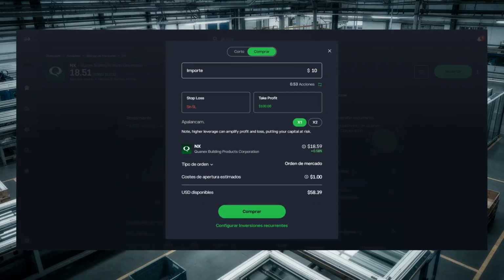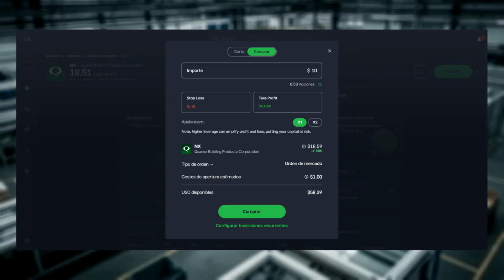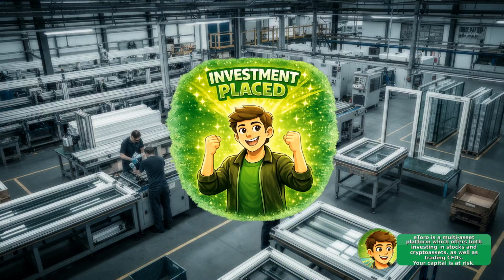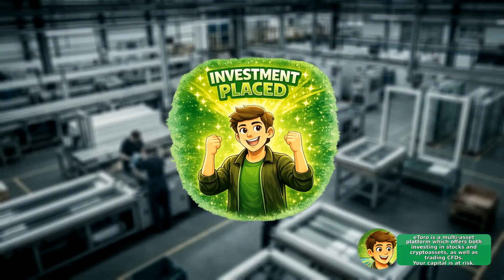To place an order, tap Invest, enter the amount you want to buy, then review and confirm the order details. If the market is closed, your order may execute when it reopens, and if funds are insufficient, the platform will prompt you to add money before confirming. After the trade, the new position will appear in your portfolio where you can